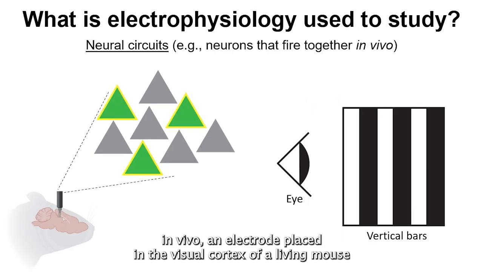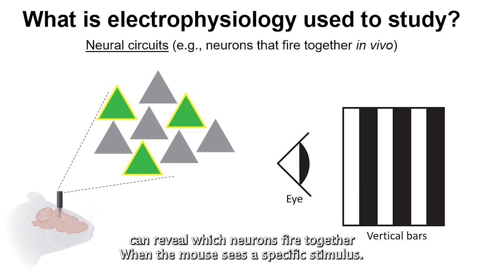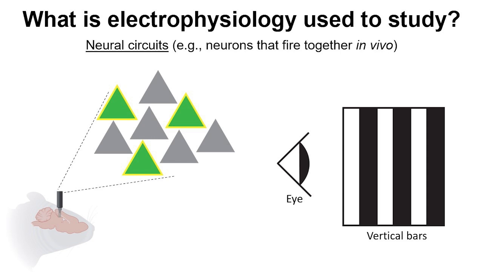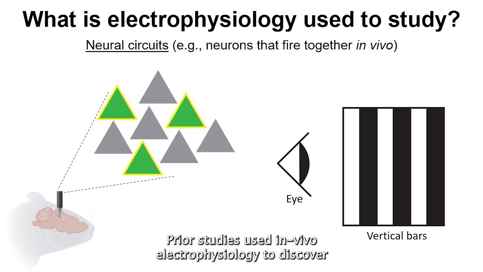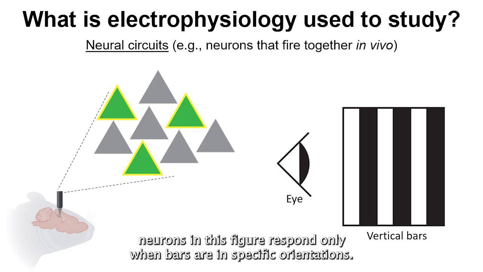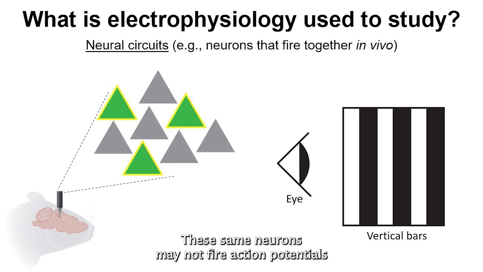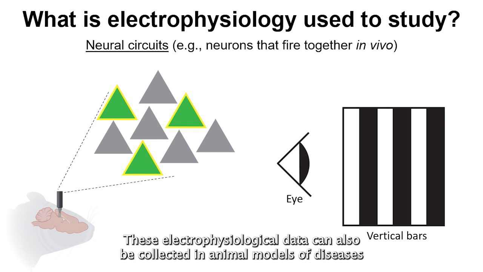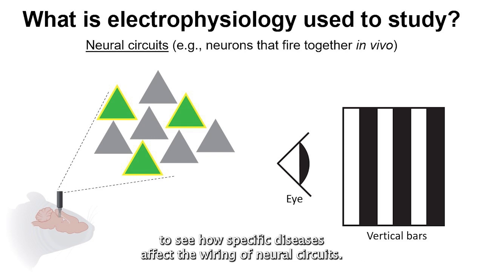In vivo, an electrode placed in the visual cortex of a living mouse can reveal which neurons fire together when the mouse sees a specific stimulus. In this example, the mouse is looking at vertical bars. Prior studies used in vivo electrophysiology to discover that specific neurons in the mouse's visual cortex, the green and yellow neurons in this figure, respond only when bars are in specific orientations. These same neurons may not fire action potentials if the bars were horizontal instead of vertical. These electrophysiological data can also be collected in animal models of diseases to see how specific diseases affect the wiring